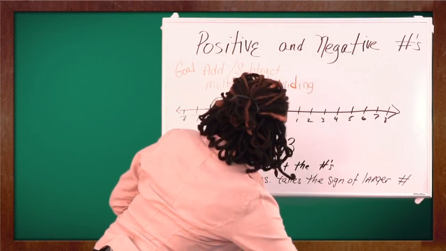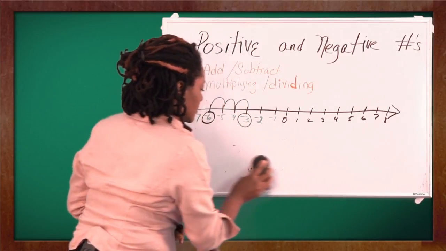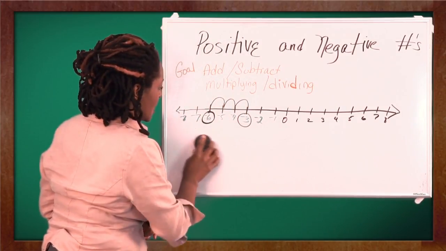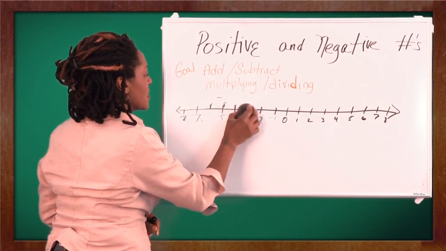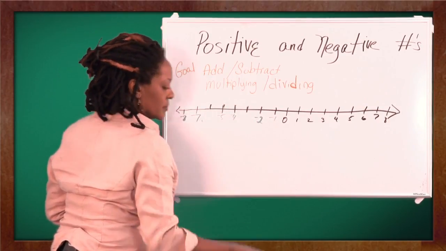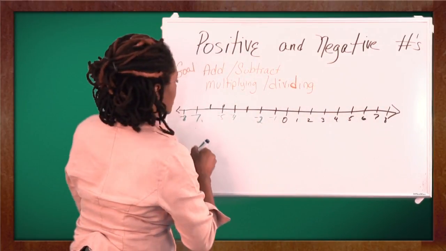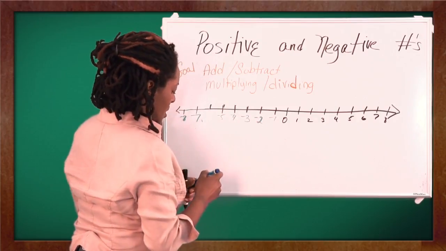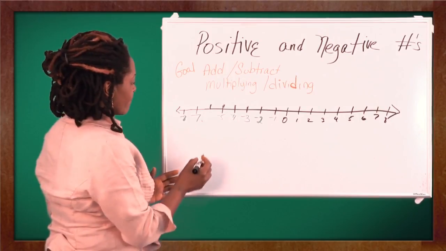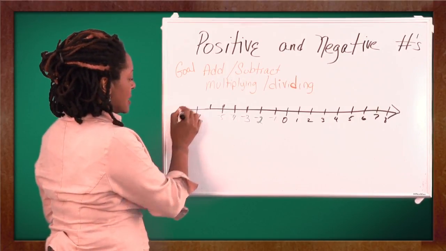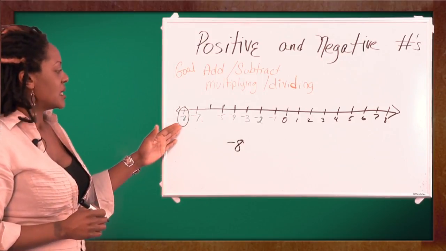I'm going to erase the bottom part right here for our adding. And I'm just going to erase this little section so we can use our number line again and do another example. And that was -3. All right, so let's go for one more problem. Let's say we were at -8. So there's the first portion of our math problem. -8